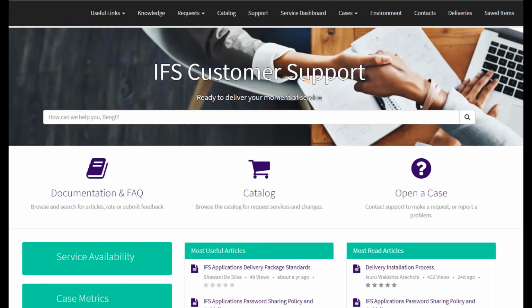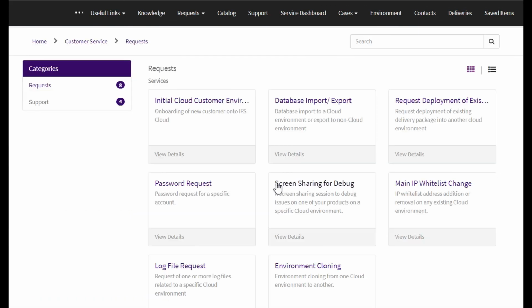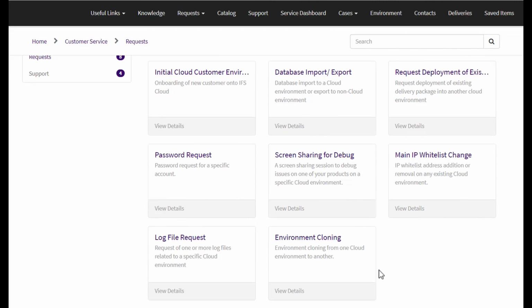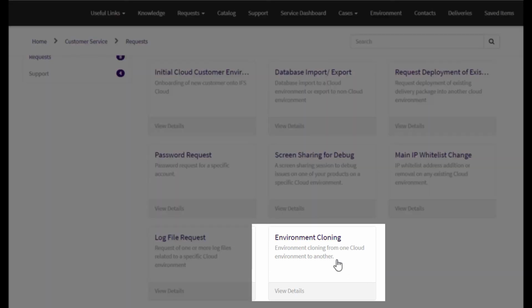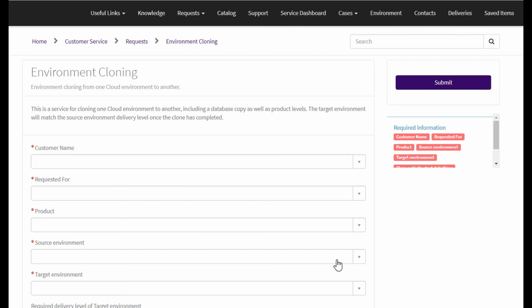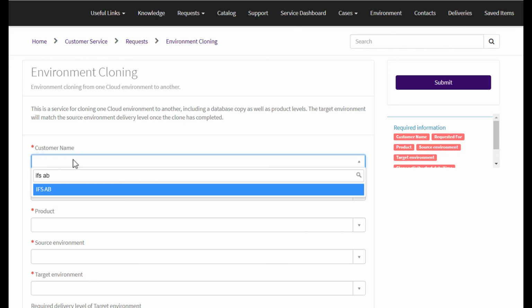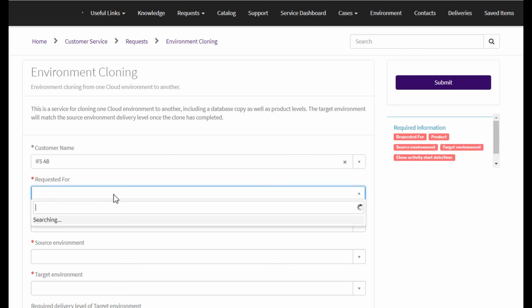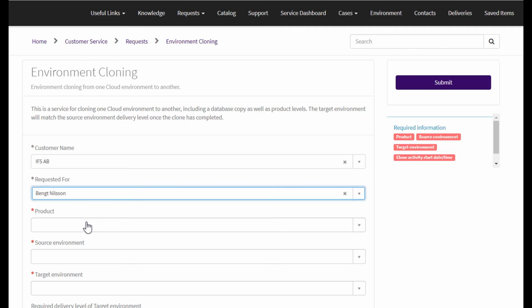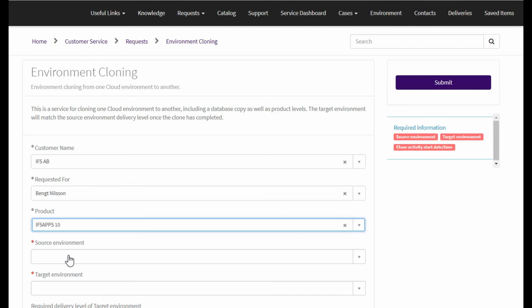To request an environment clone via the IFS support portal, click Catalogue from the home page. Then select the Environment Cloning option. Now enter all of the required fields, marked with a red asterisk. First, customer name, then the name of the user making the request, select the product,